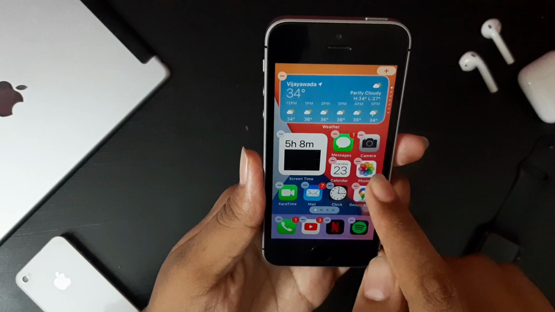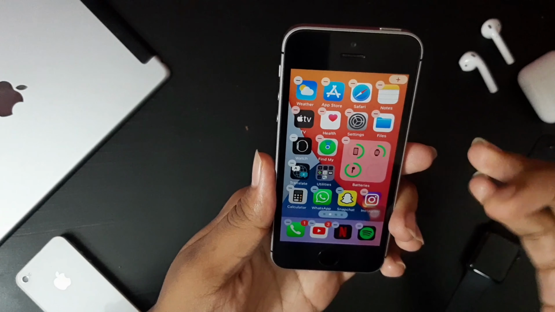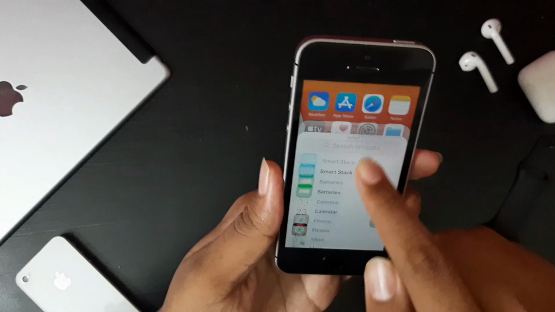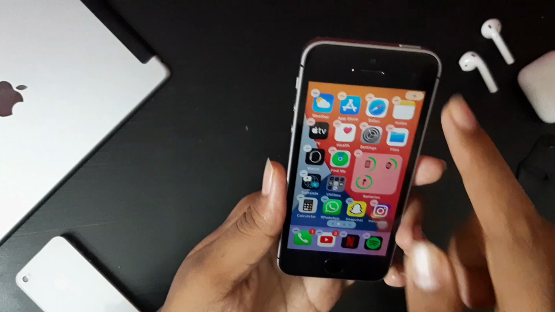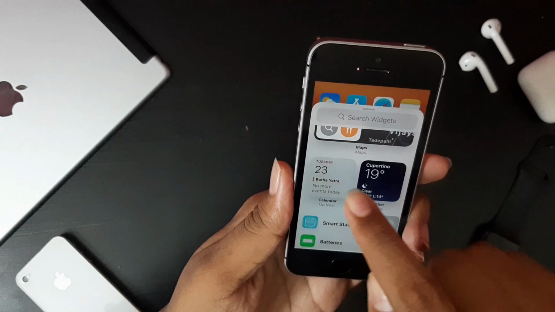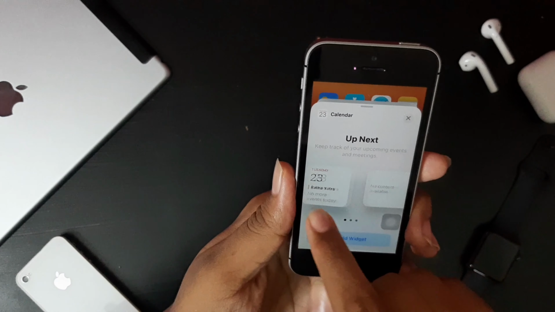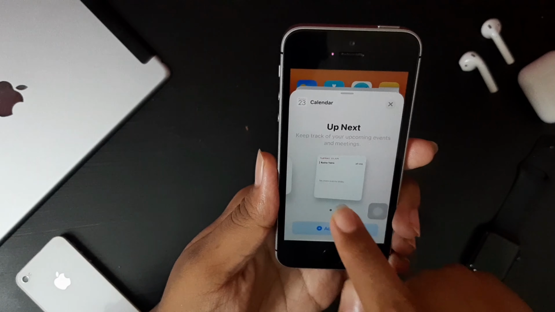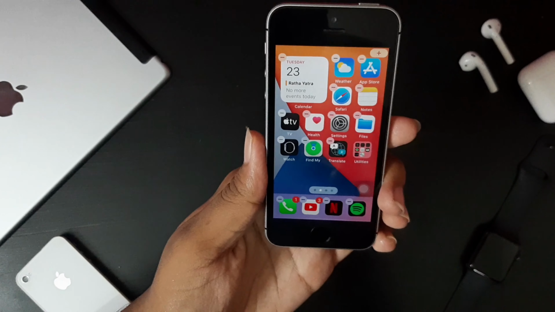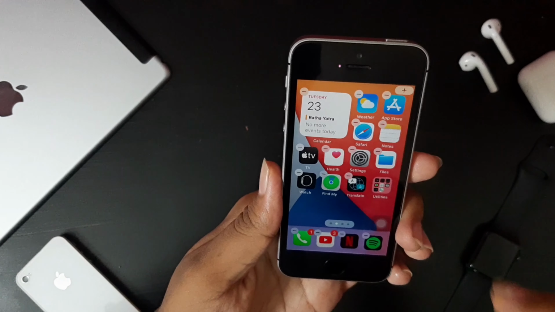See, you can now add widgets, a bunch of options. And again, if you want another widget like this battery one, you should go into plus and search for batteries. I already have a battery icon here, so I'm not adding it. I'll add the calendar app over here. You can choose between three sizes: small, medium, and large. I'm keeping the small one. Yeah. So it's a better way of organizing your home screen and making the data easy to see.